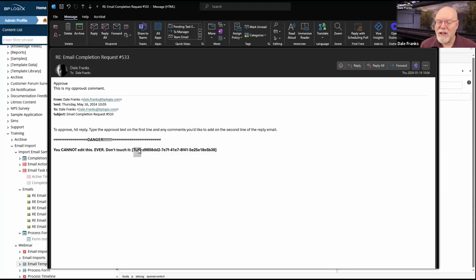It has TLID colon, and then it has the GUID for the timeline activity instance that is actually running so that it knows what task it's trying to complete. So this has to exist, and it has to exist in this format on the email template.